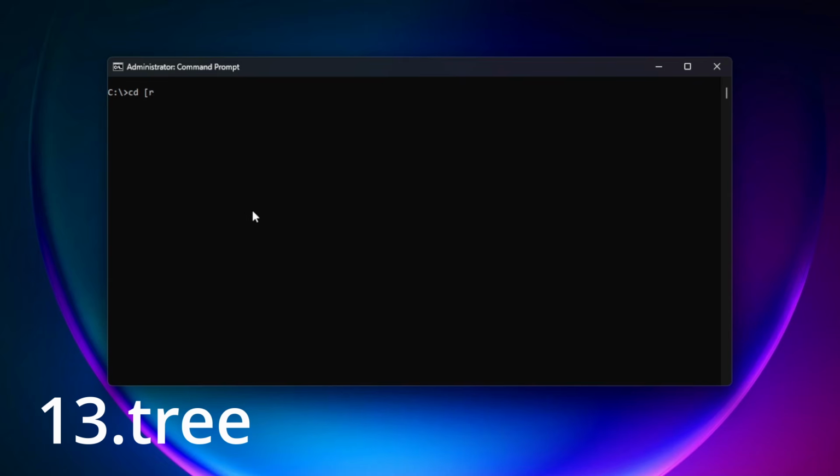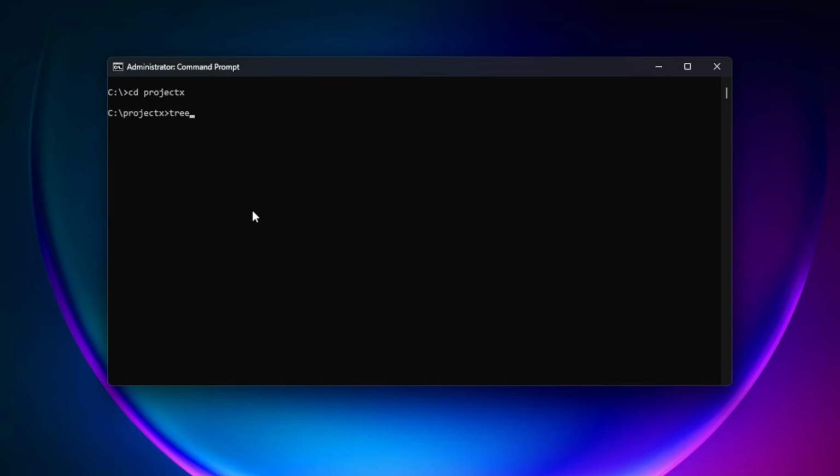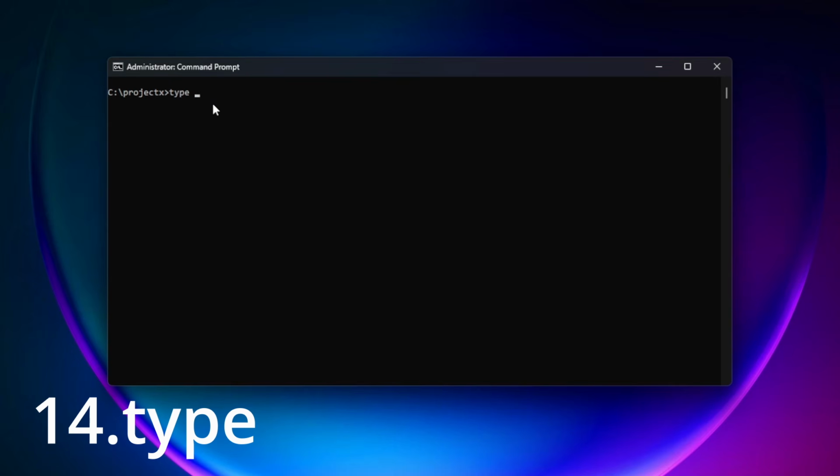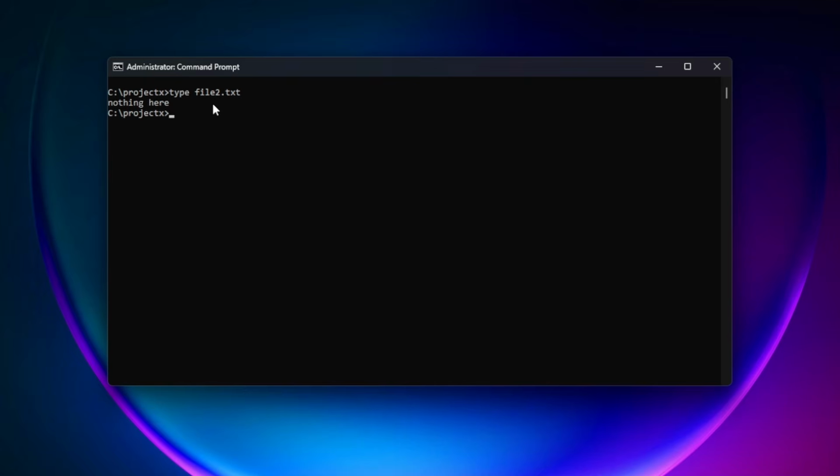If you want to see your folder structure at a glance, the tree command draws a map of all folders and subfolders from your current location. It's a super visual way to understand how your files are organized. If you need to quickly see what's inside a text file, just use type. For example, type and then the file name will instantly display the contents of the file right here in the